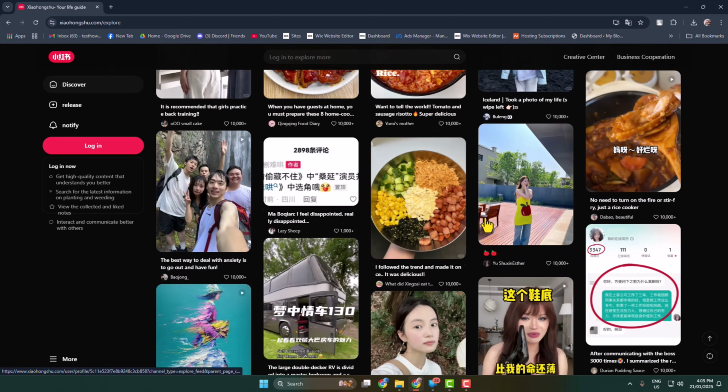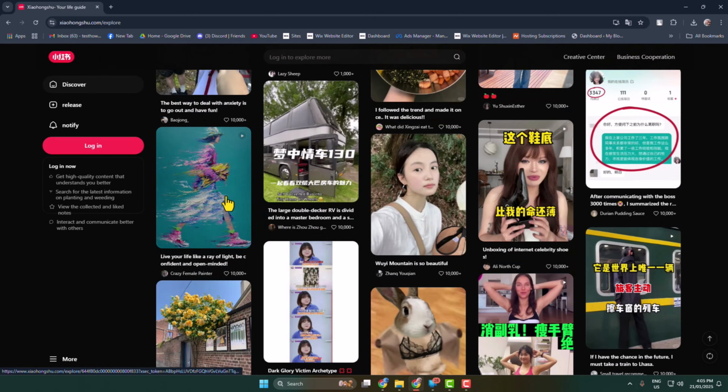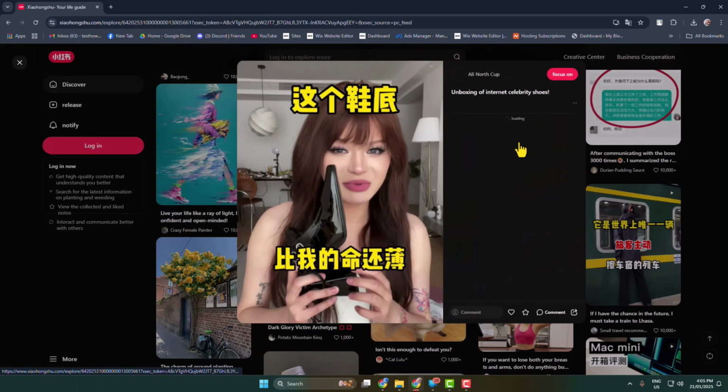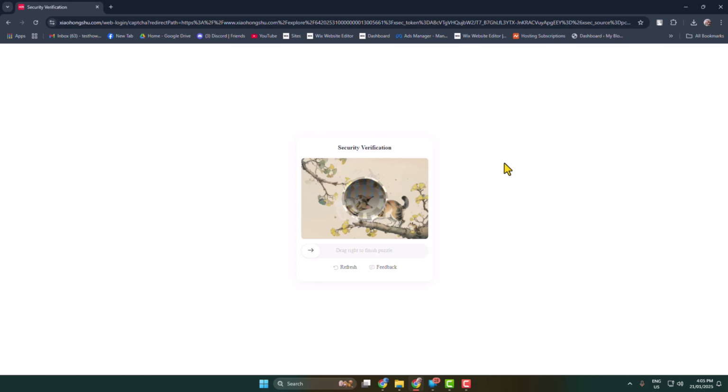Okay, once you successfully open the RedNote website from your computer and you have signed into your account, now just open that video you want to download. So here I'm opening this video, for example, and it may ask you to verify a puzzle. Just go ahead and verify,